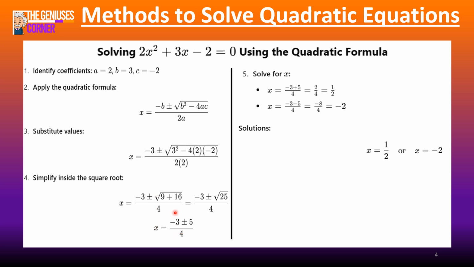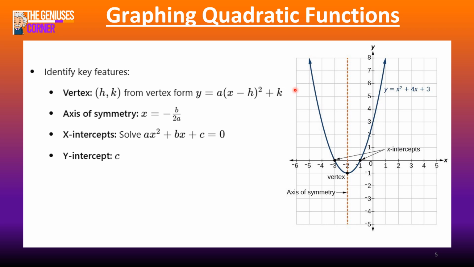Here we can see we still have that plus minus sign. So we split it and write one of them with the plus and one of them with the minus. That will give us two different values. You just type that in on your calculator and it will give you x equals a half and x equals minus 2. So you simply follow the equation, and when typing it on your calculator, you type it in two times, once with a minus in front of the square root, and once with a plus sign in front of the square root.